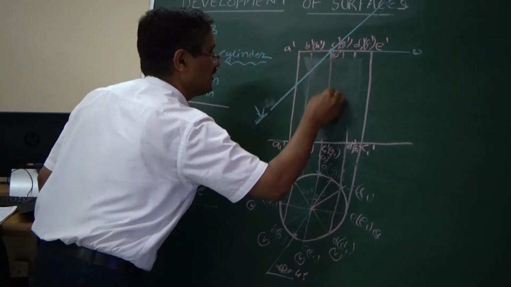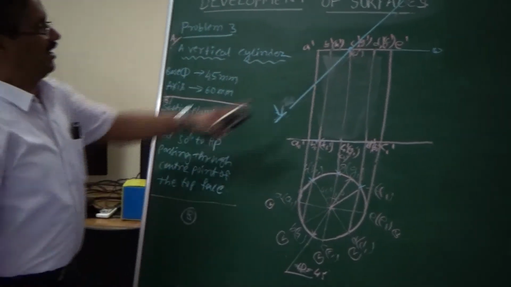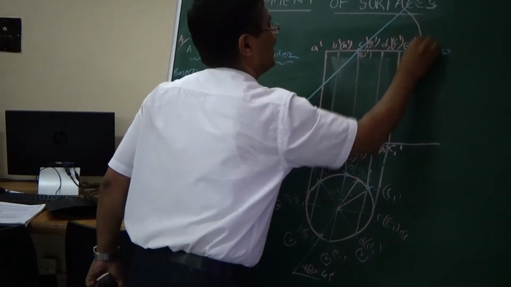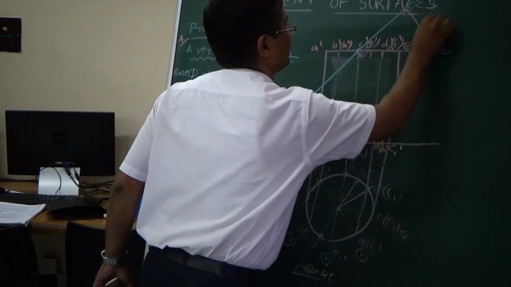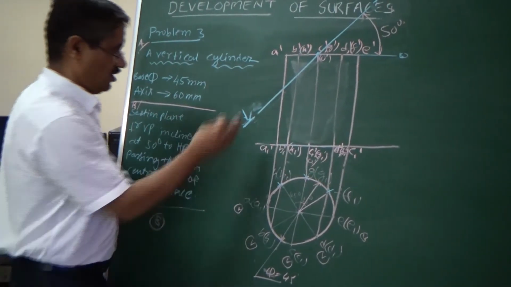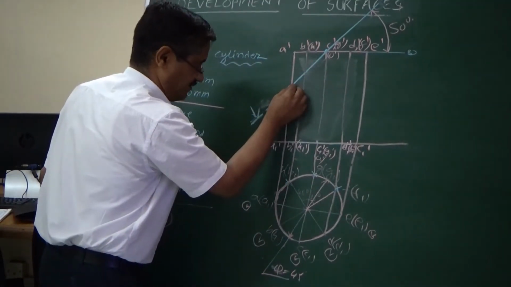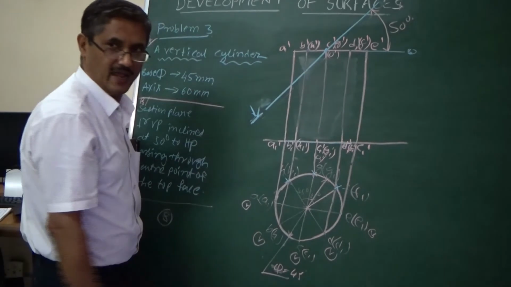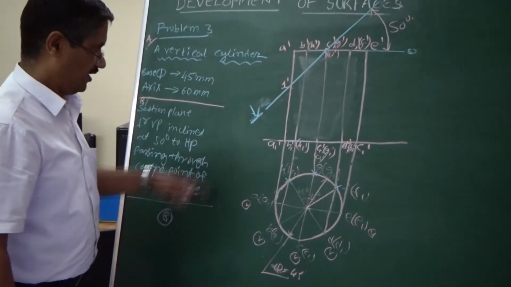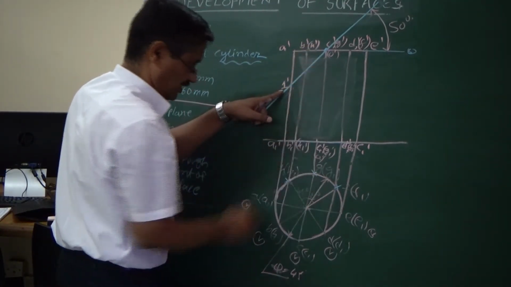You are doing like this, at the top face, when it cuts at 50 degrees. So this will be 50 degrees now. You have to start numbering the line. As I told you, from left to right, you can start numbering it. This is the first point, which is a visible A1. So let me call this 1 dash. Further, when you move, you are getting 2 points.